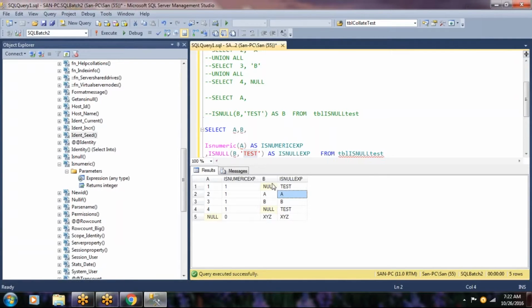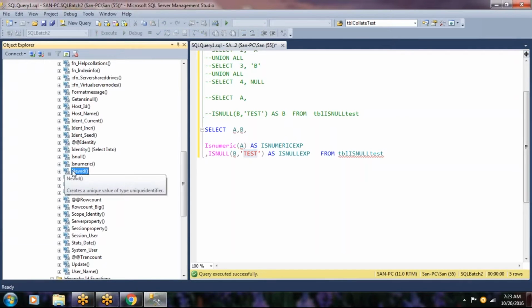That's why it is giving A. But when you come here, this column at this row level has a null value. When I say null value, it is having nothing. So that's why it is replacing it with our default static value, nothing. Okay, it means like test.